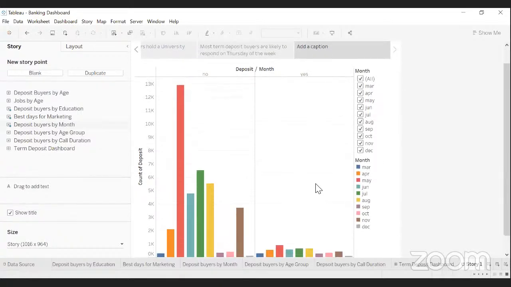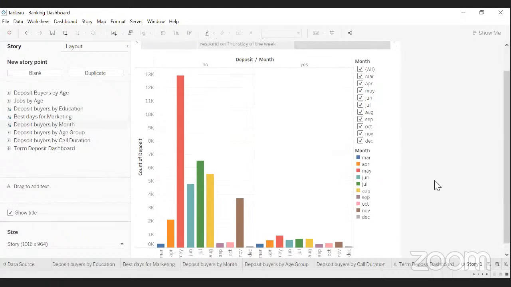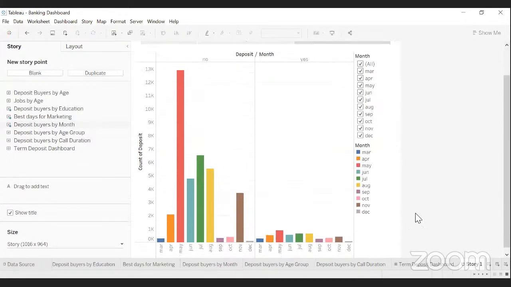Now notice when I scroll down here, typically in the yes category, on the right side, what are the months during which the prospective customers are most likely to respond yes? The visualization says that in the month of May, majority of the